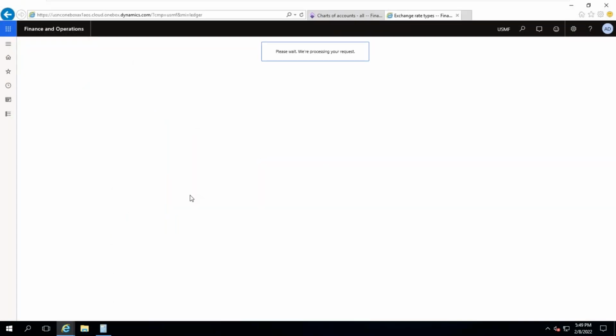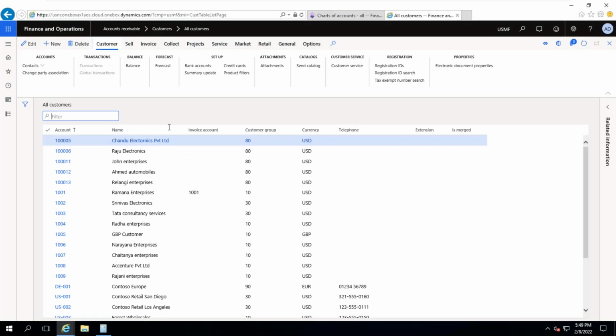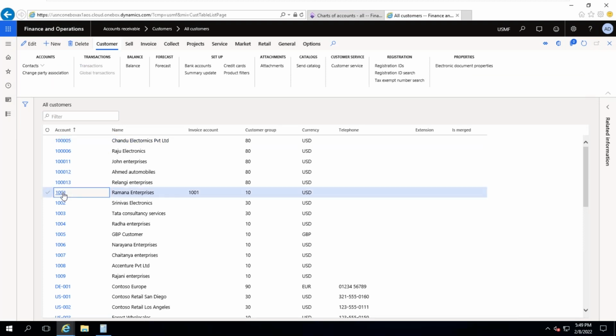So by default, the customer is company-specific data only. If you want to make it enterprise-level data, you can copy this one from one company to another company. While doing this for one company, you have the option to look at the global transactions. If you want to see the global transactions, you can generate the linked ones.